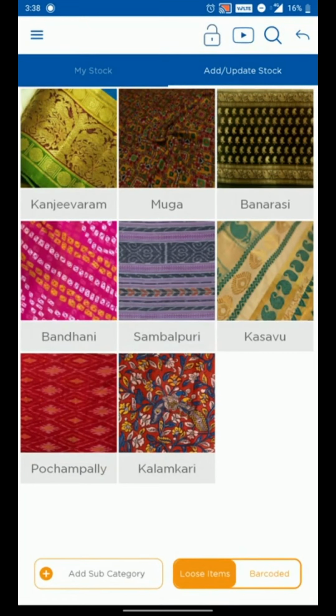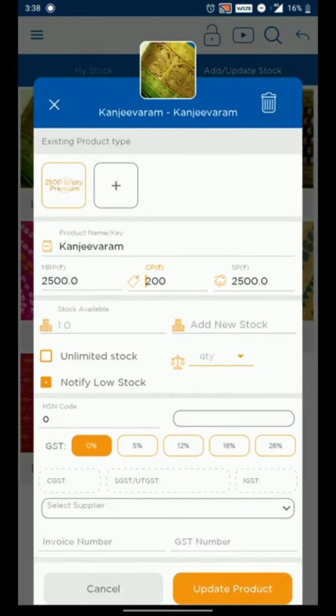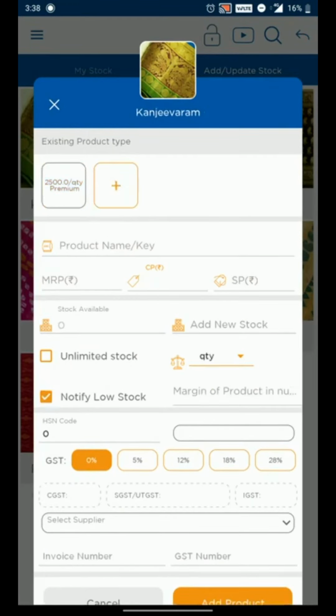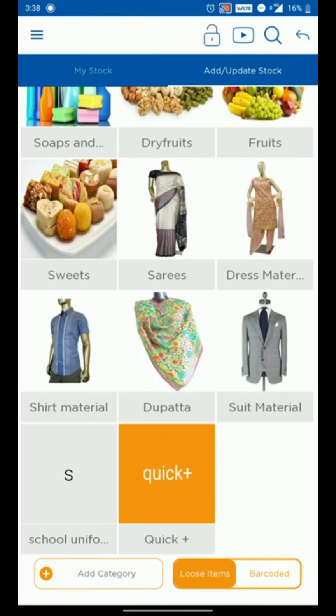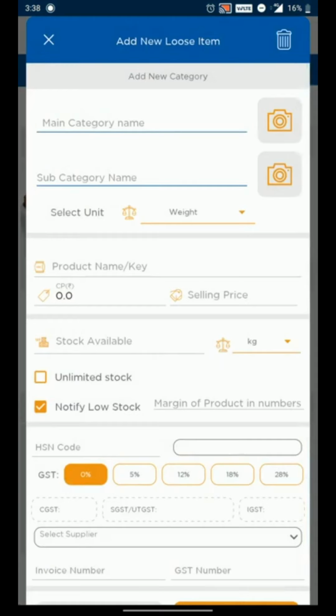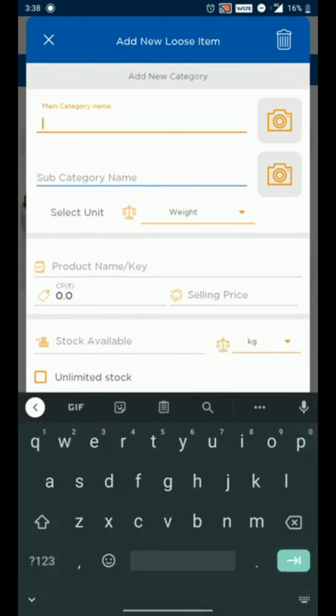So if you want to make a new category, for example here I had made a category for school uniforms. Let me tell you how to do that as well. Here I've made a category for school uniforms, as you can see, and I'll show you how to make a new category. If your main category is school uniform, you can add that as a name and add a photo too. Under the subcategories, you could probably name it differently, for example, naming it after the school and then adding the photo for those.